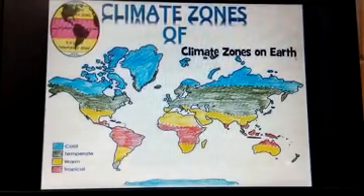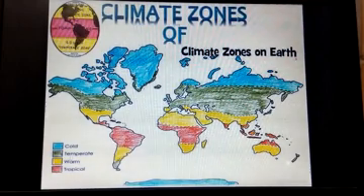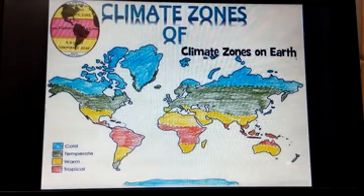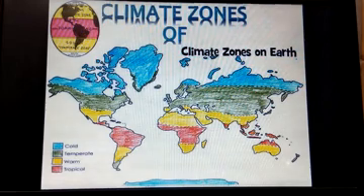So this is the picture of the climate zones, drawn by a child, which I took. He drew very well. Here you see he is using different colors. Don't be confused with the colors. Cold zone is blue color. Here is the temperate zone. The middle section is the warm zone. The tropical zone is here. Don't get confused with its color.